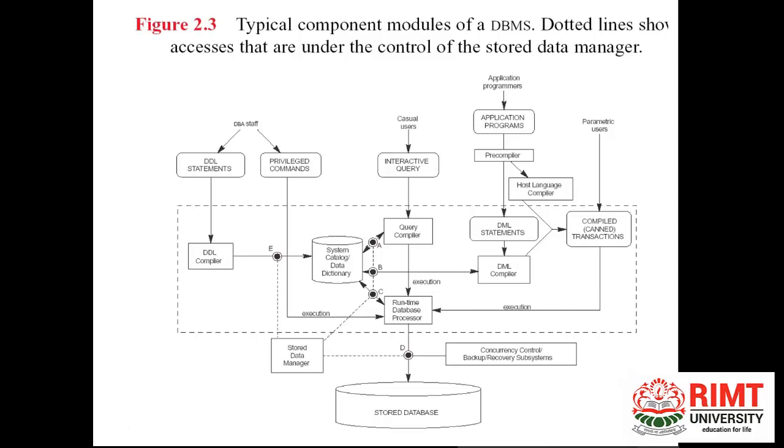Concurrency means thousands of transactions are executing at the same moment in time, or vice versa. We say that a number of users are interacting with the DBMS at the same moment of time. So to control the entire transaction load, thousands of transactions, we must control it and we must provide the database in a consistent state. So this is the component called the concurrency control component, which enables the DBMS to control the data in an efficient manner. Clear? So then comes the backup and recovery subsystem.